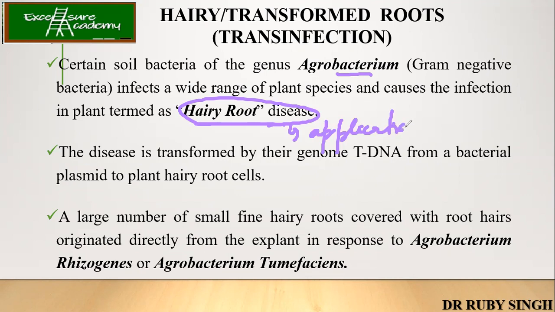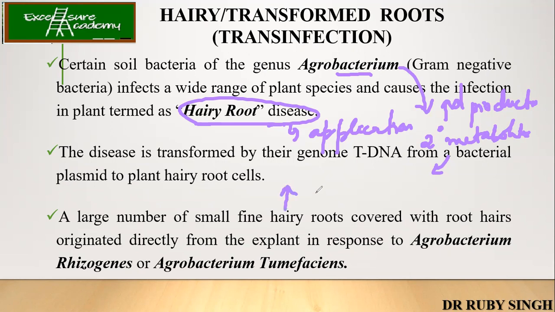For example, let us say that I'm infecting the plant with the Agrobacterium having the gene responsible for increased production of secondary metabolites, right? So what exactly am I going to get as a result? As a result, I'm going to get high production of secondary metabolites. So this will be my transformed plants.